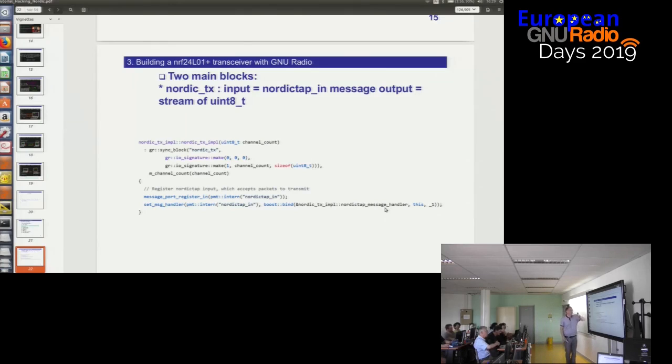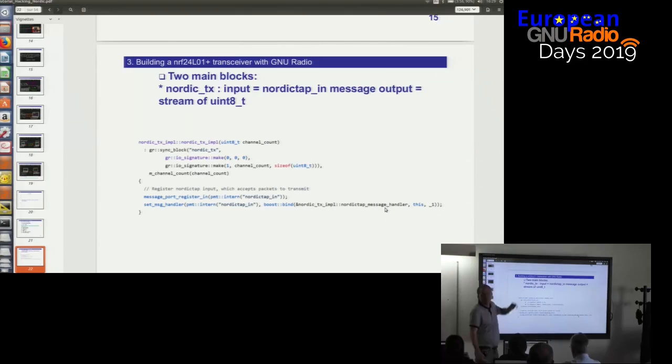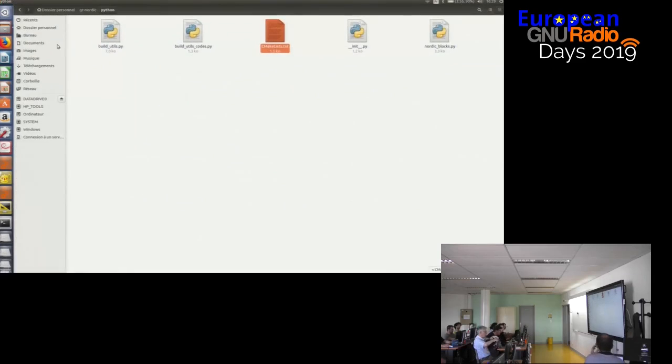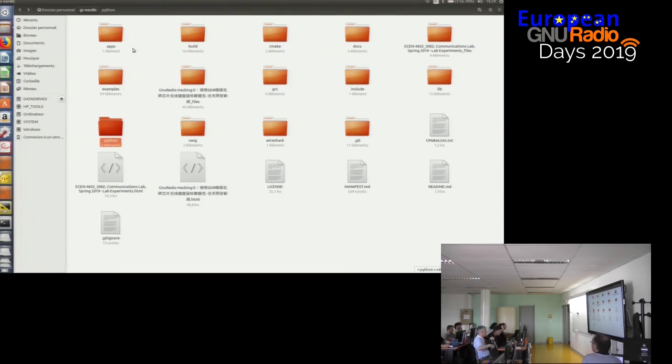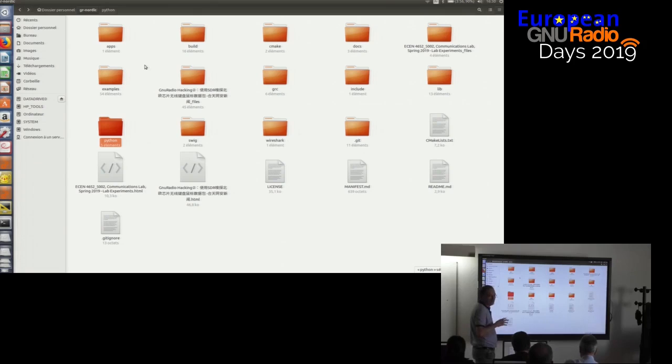So if you look here, what you should do first, because that was a problem with the other group, as I remember: when you did the command git clone, you got a lot of new files on your PC, and the architecture is always the same for an out-of-tree module in GNU Radio. I suppose that you know these